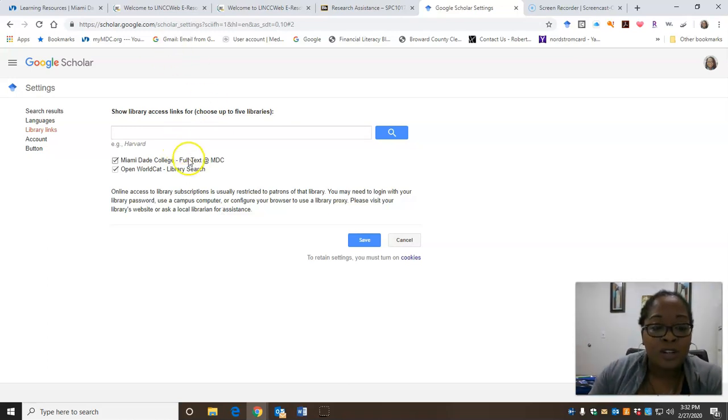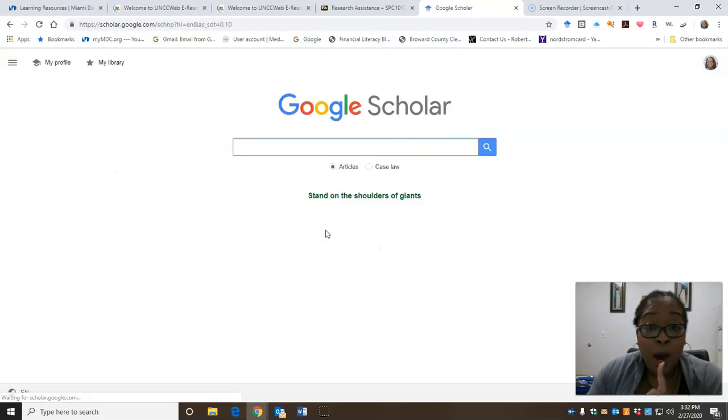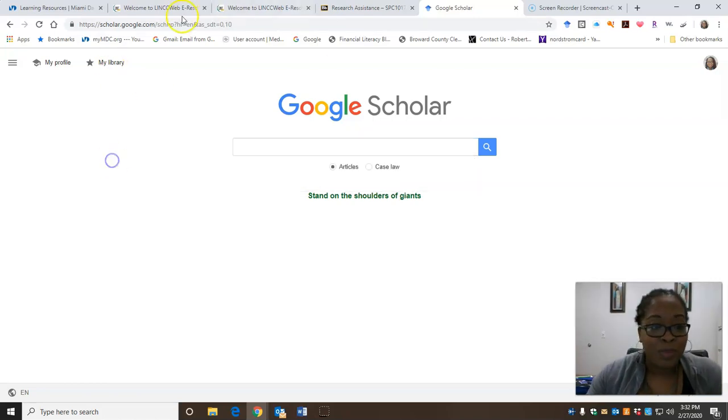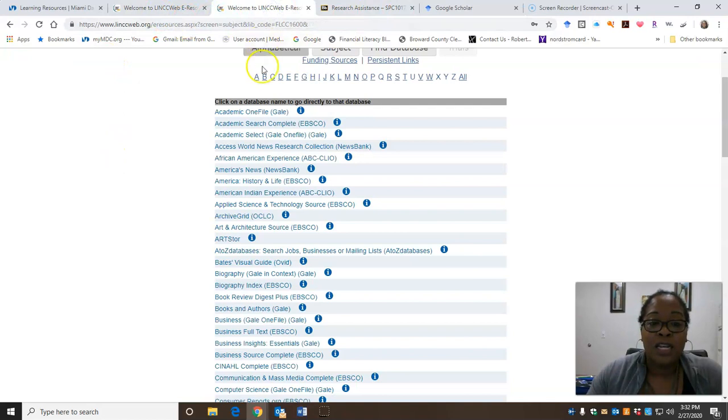And so it is searching full text at MDC. So make sure that is selected and hit save. Why? Because when I do a search here in Google Scholar, not only is it searching the Google search engine, but it's searching Miami-Dade at the same time. Okay? So now we are in Google Scholar. We are logged into the databases. Now we can